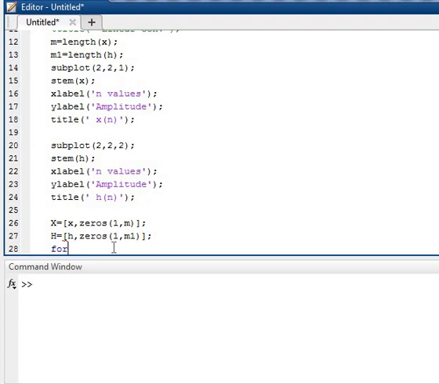Start the loop because I have to implement the formula. i is equal to 1 to m1 plus m minus 1.